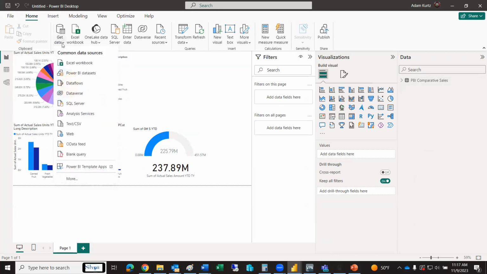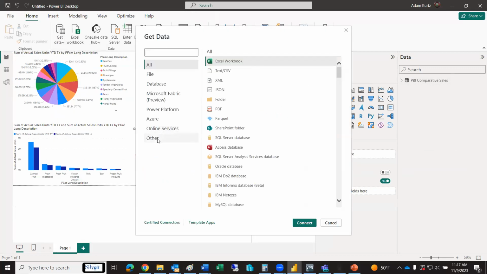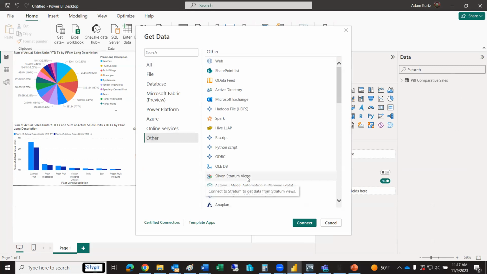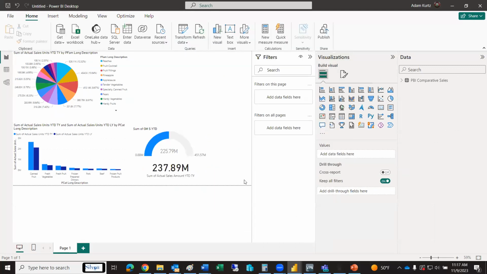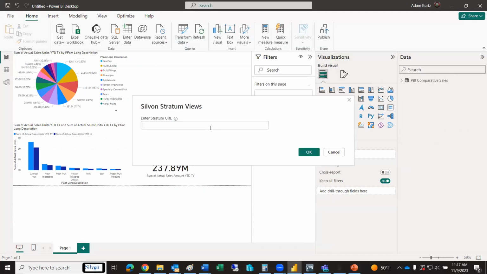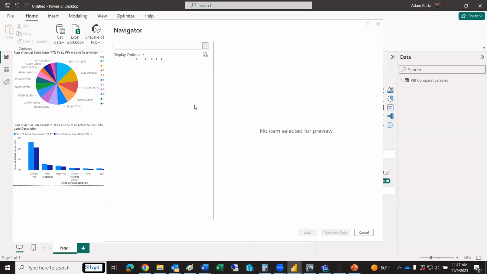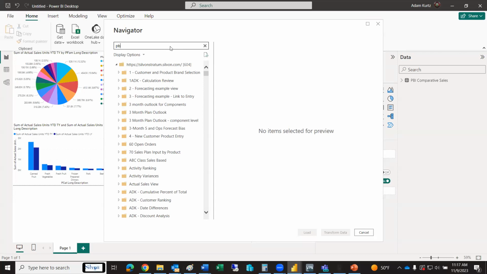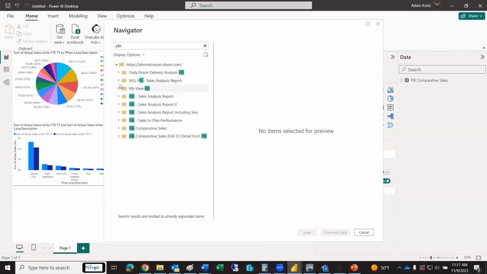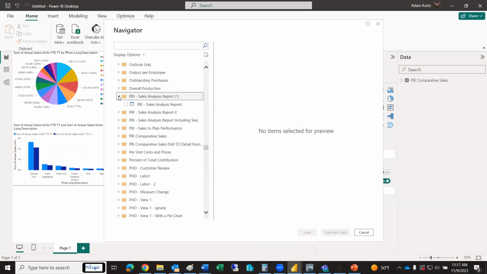Well, no big deal. We go out and select go get data. We go back to the more area, select other, and grab the connector for Stratum. Again, we're making that connection there. And we're going to search for those Power BI views again. And for this one, we're going to bring in the sales analysis report. And this will allow us to bring in